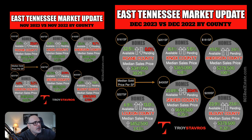When we look at the month earlier on the card to the left, Roane County's median sales price per square foot came in at $181. Definitely saw some homes sell for less per square foot in Roane County last month. In Knox County, the available inventory is up 16.1%. Pending sales are up 5.6%. The median sales price in Knox County is up 10.8%